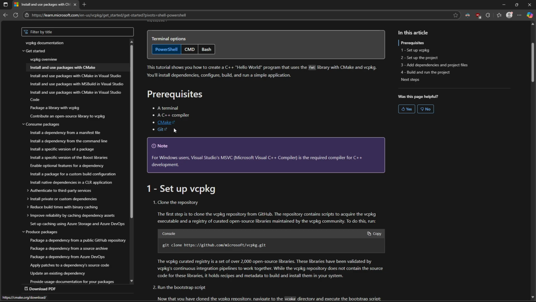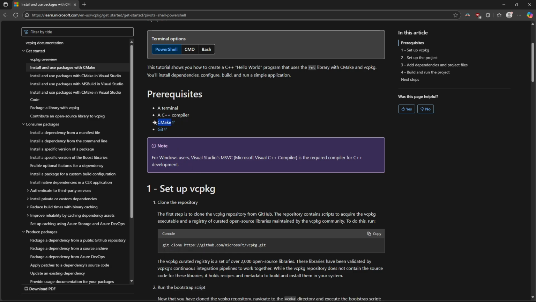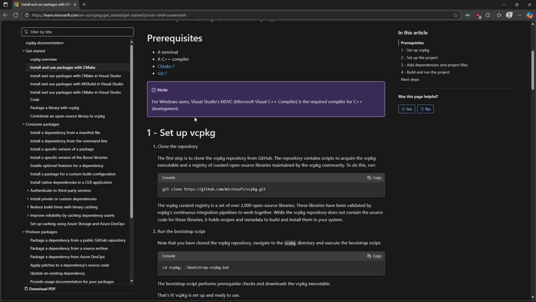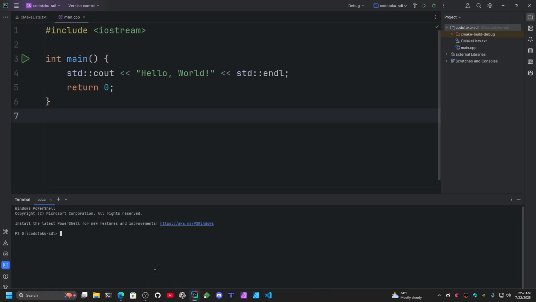And you're going to need CMake if you're not using CLion, because CLion comes with its own pre-bundled CMake. Otherwise you gotta actually install that too. And you also need a terminal and the C++ compiler. You could use either clang-cl or just the normal MSVC, or Linux GCC, whatever, you name it. Either way, what we're gonna do now is basically copy this link to vcpackage,